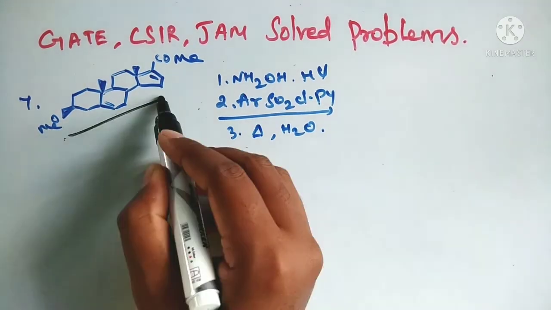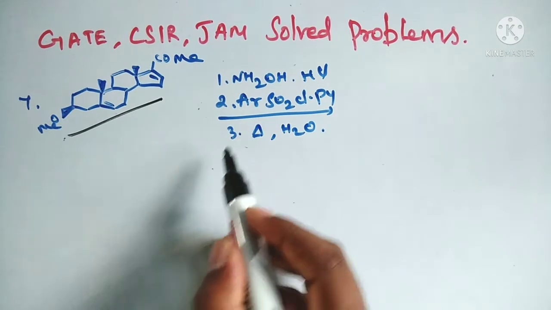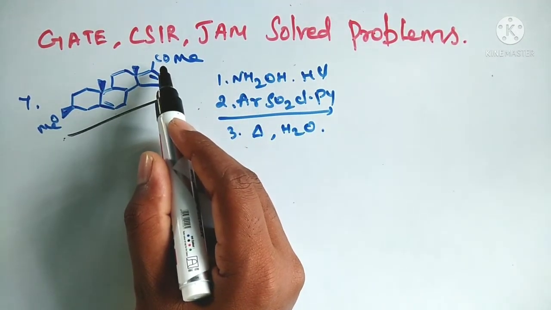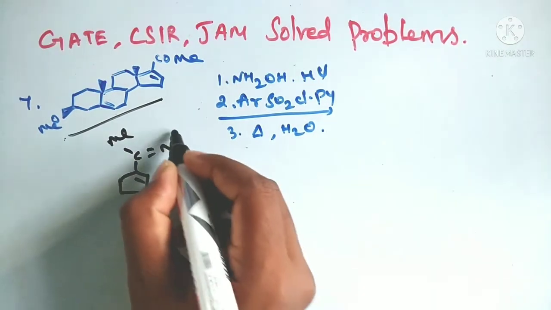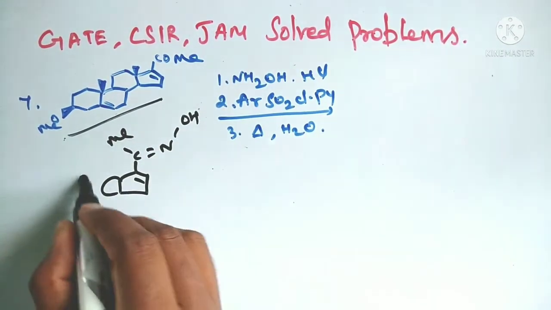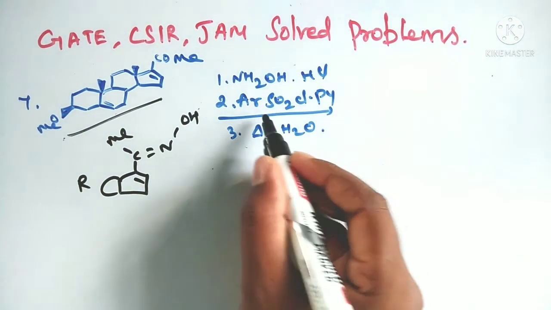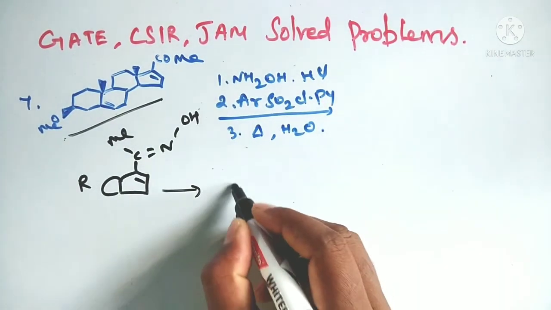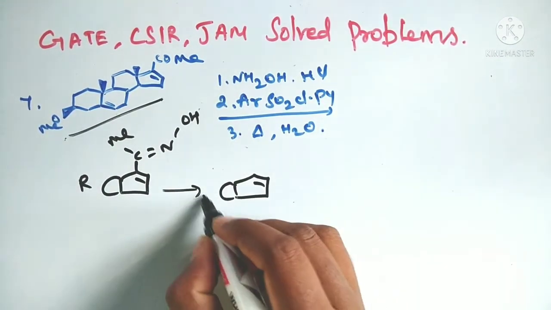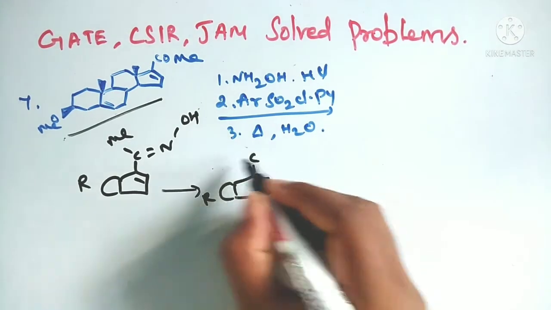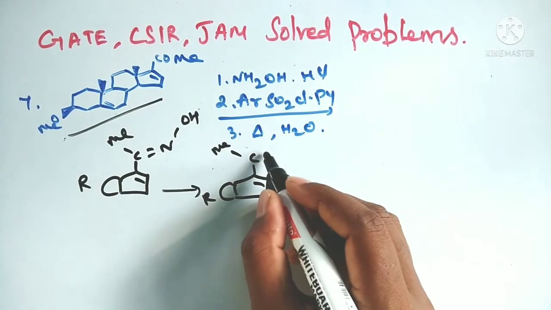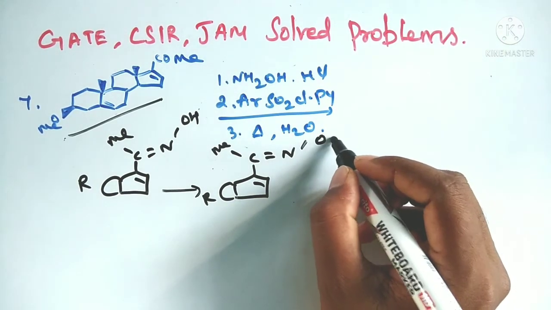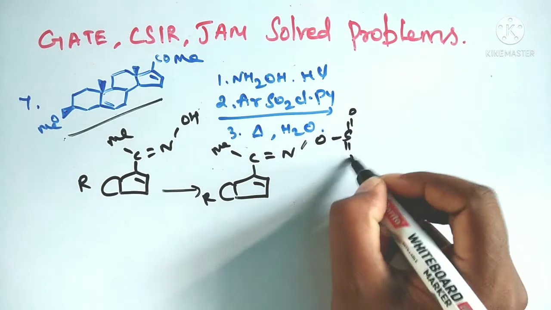Let's discuss this example. Don't be scared about the structure. Just look at the reagent. So hydroxylamine hydrochloride, ketone. It will form the oxime, right? Bond N, bond OH. Oxime formation. The next step is sulfonyl halide reacts with this hydroxyl group. What you will get is double bond N O bond C S double bond O.